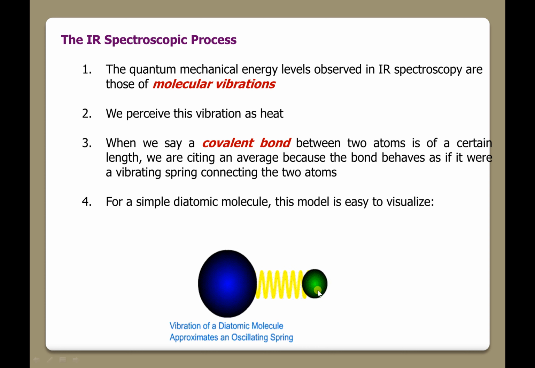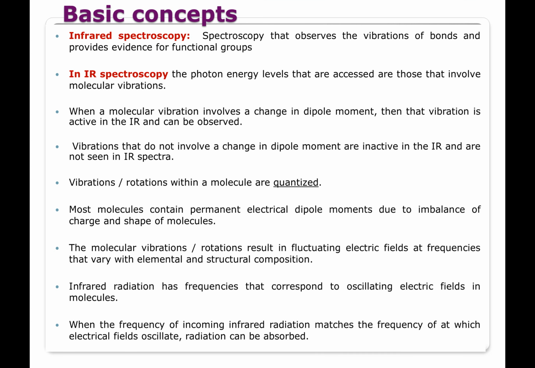So we visualize the atoms as balls and the bonds as springs. Some basic concepts: in IR spectroscopy, we observe the vibrations of bonds, and these vibrations give us knowledge about which functional groups are there, because these are characteristic